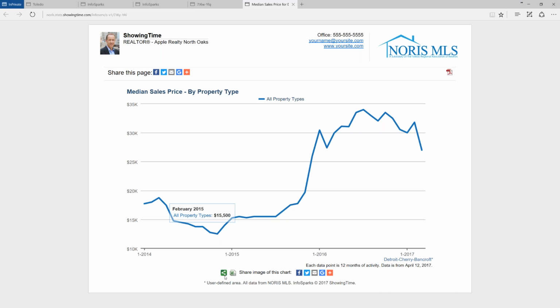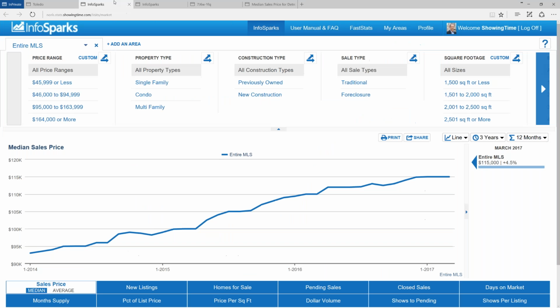So we have that PDF file, and then at the bottom, we have the ability to download a static image of this chart and also to download a CSV file. This would allow you to download the Excel data that makes up the lines on the chart. So it does not give you the specific listings behind it, but it does give you the numbers that are on the chart.